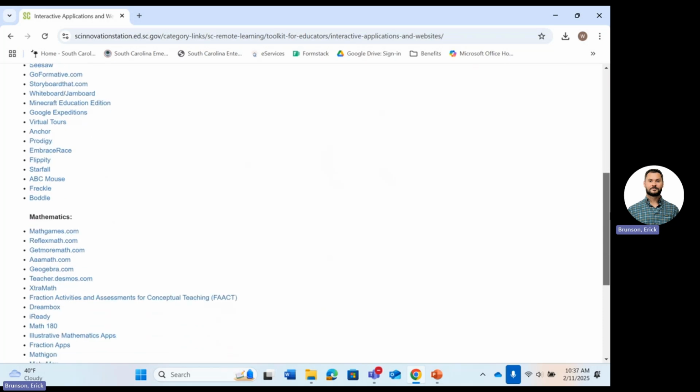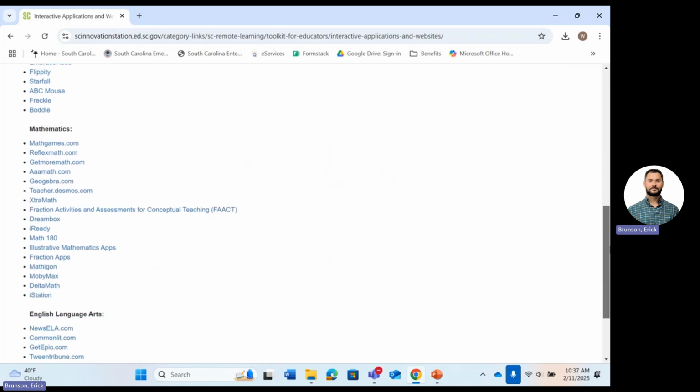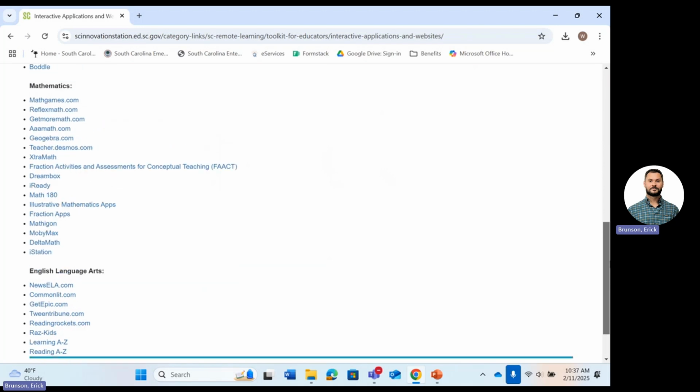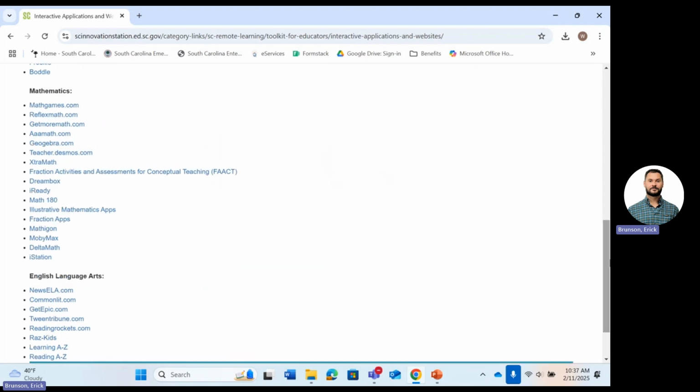And then there are some that are geared towards math and some that are geared towards e-learning. As a former classroom teacher, I taught math and I loved it because I'm a geek when it comes to technology. So anything that I could find that was technical, I applied it and I used it. And the kids love it too. They take on it differently.